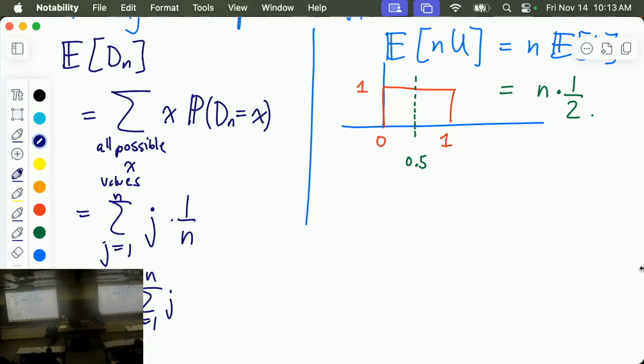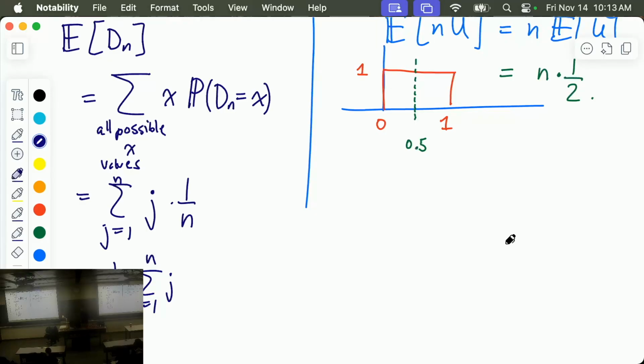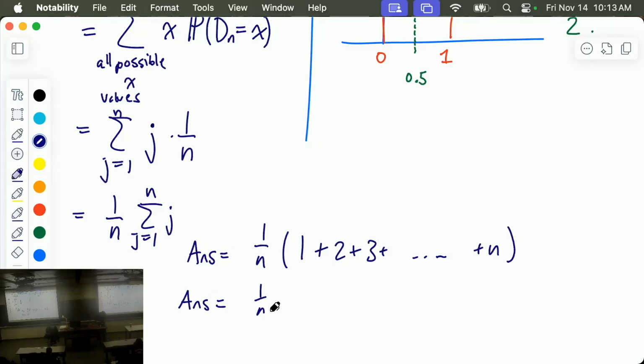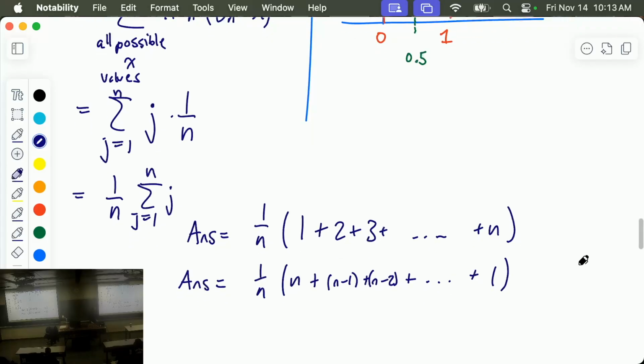There's a famous story that when Gauss was a child in grade 2, he was being very annoying. So his teacher said, please go add up the first 100 numbers, Gauss. That'll take you all day, ha ha ha. But then Gauss found an amazing trick, which is you write it out twice. So you do 1 over n, and then you do 1 plus 2 plus 3 plus dot dot dot plus n. This is the answer we're looking for. And then you write it out again in reverse, n plus n minus 1 plus n minus 2 plus dot dot dot plus 1. So here's little baby Gauss writing out the numbers 2 ways, and then you add these